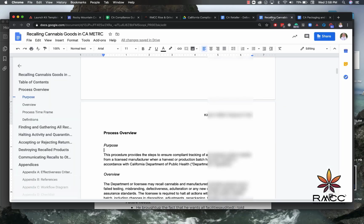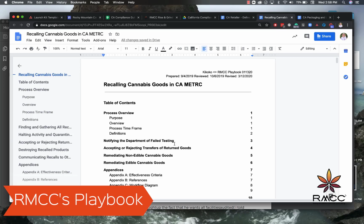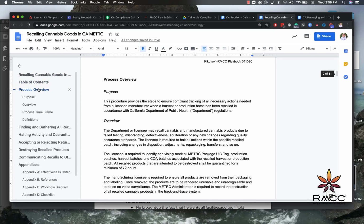In addition, we also have something called a playbook. And the playbook is used as more of an in-the-operation working document. So you will notice that the structure in this document is very different. We have had clients use this for the application process, but it is more intended to be used internally. You're also going to notice that every single procedure line will start with an action or a verb and tell you what you need to do directly, rather than having all of that regulatory fluff in there like the SOPs. So again, we have a table of contents, we have a process overview,